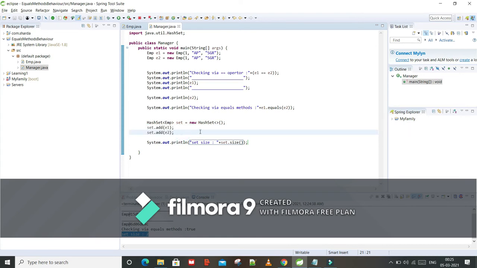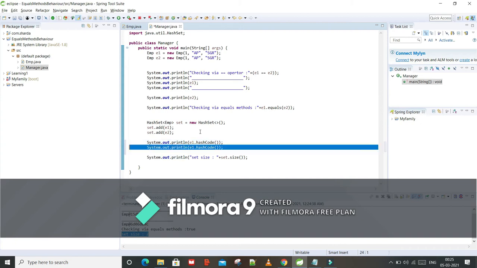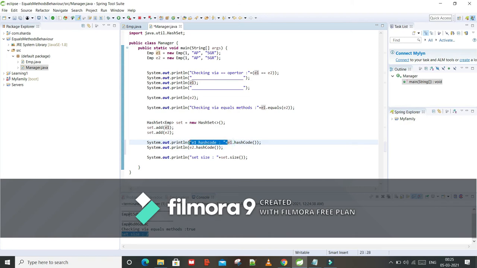So first we'll see e1 dot hashCode, and similarly e2 dot hashCode.